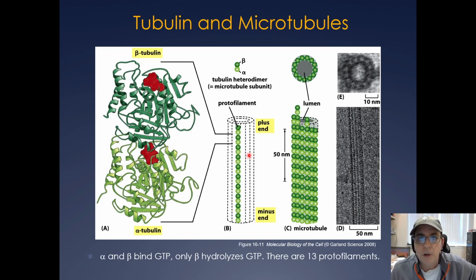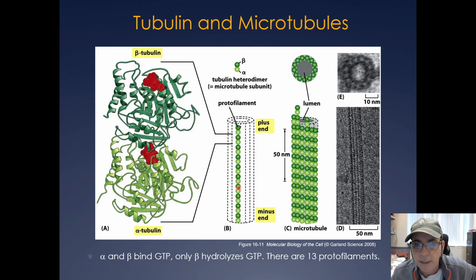Okay, so here's the structure of tubulin, which forms microtubules. It contains two subunits, a beta subunit and an alpha subunit, and these both bind GTP. So alpha and beta both bind a GTP molecule, but only the beta subunit hydrolyzes the GTP. Okay, and these are basically formed into